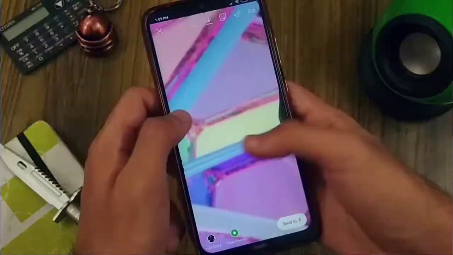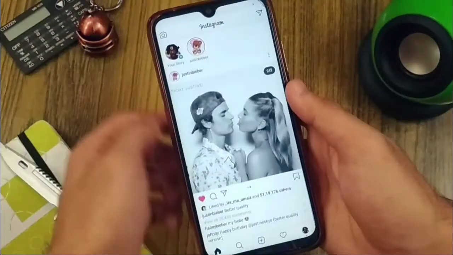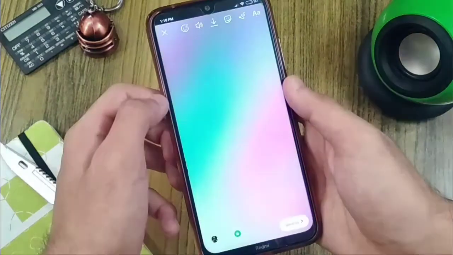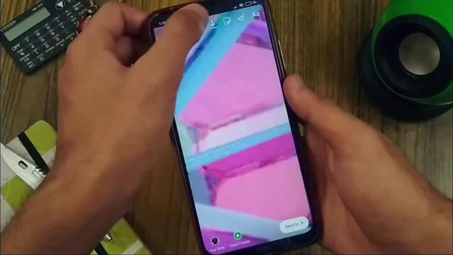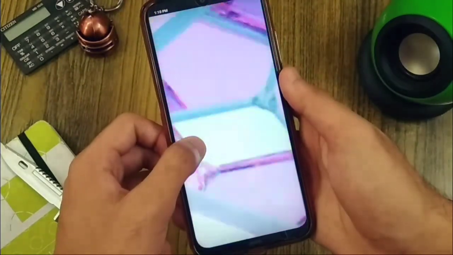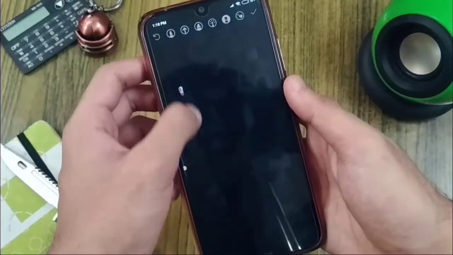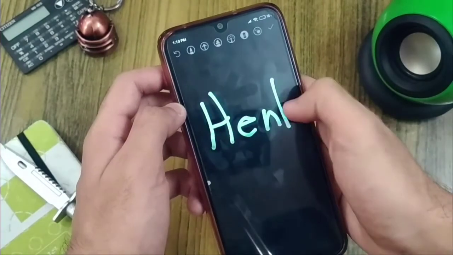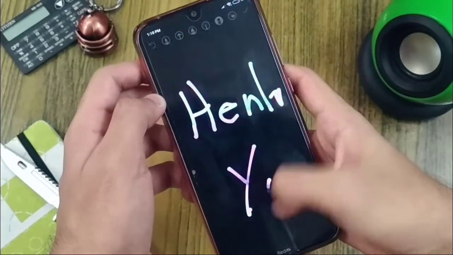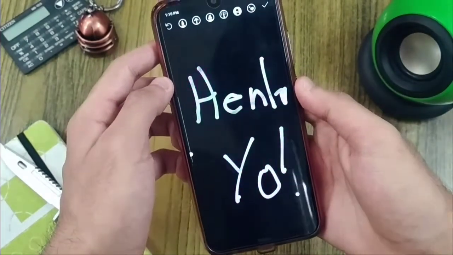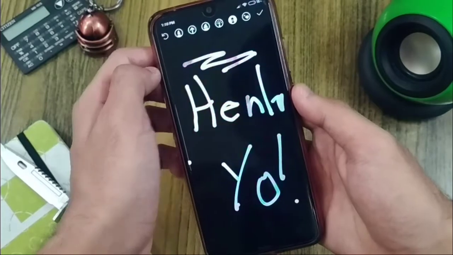After saving it, click on discard, then open your story again and click on the video which you have saved just now. Then click on the draw tool and then click on the thin brush, click on the color you want and press for 2 seconds. Then click on the eraser tool and erase the background in the type of font you may like. This provides a new and unique gradient font to your stories, and it also looks very unique and stylish.